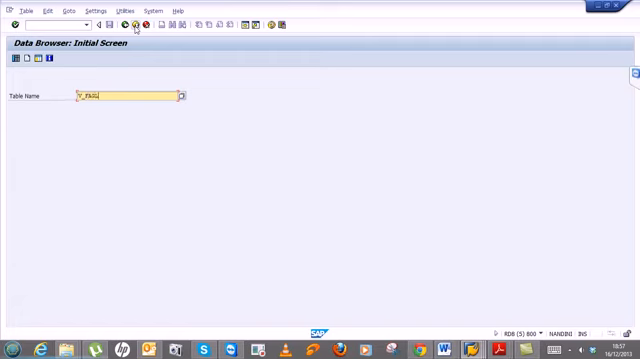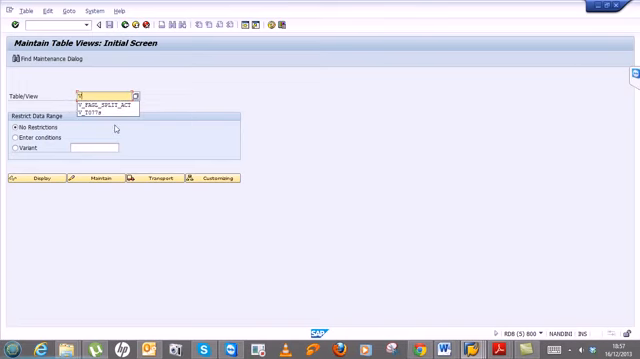I think it was different. SM30. Yeah, VFAGLE_SPLIT_ACT. That is the name. VFAGLE_SPLIT_ACT, and click on the Maintain button. If you click on the Maintain button,